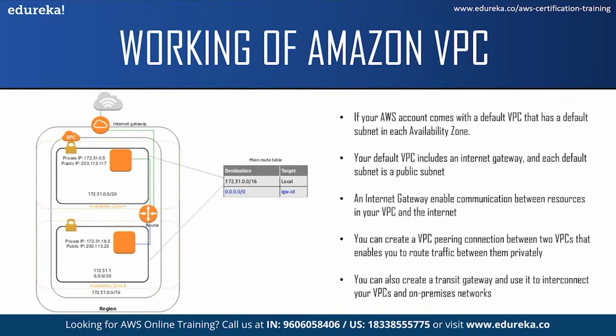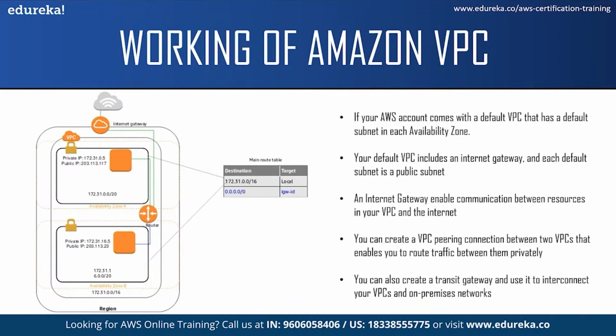Now, how can you connect your VPC to another VPC or to your on-premises network? For this, you can create a VPC peering connection between the two VPCs that enables you to route traffic between them privately. Instances in either VPC can communicate with each other as if they were in the same